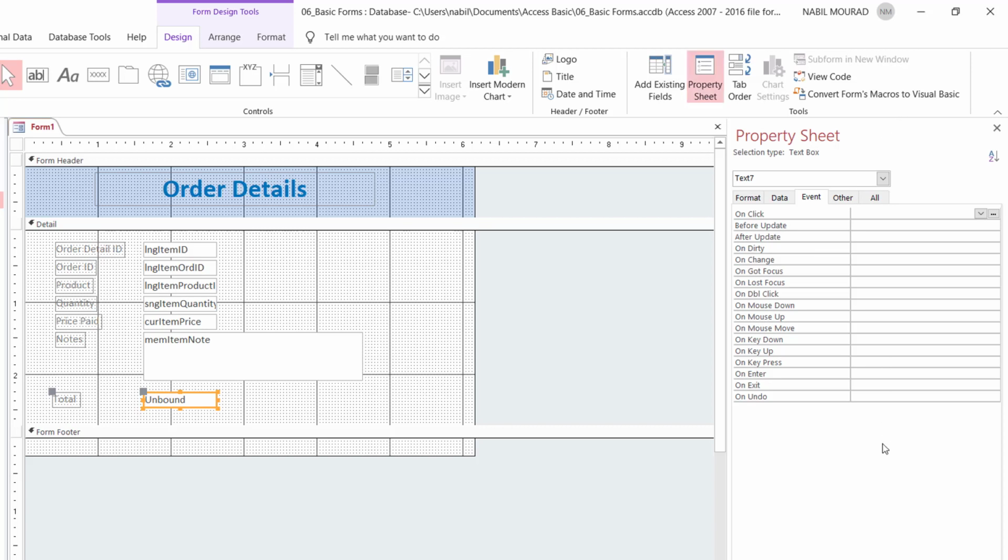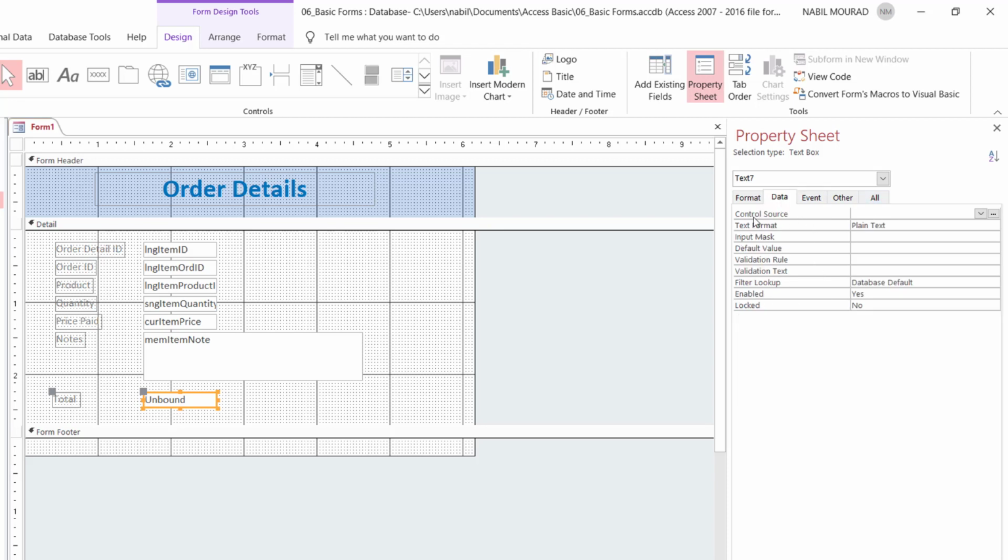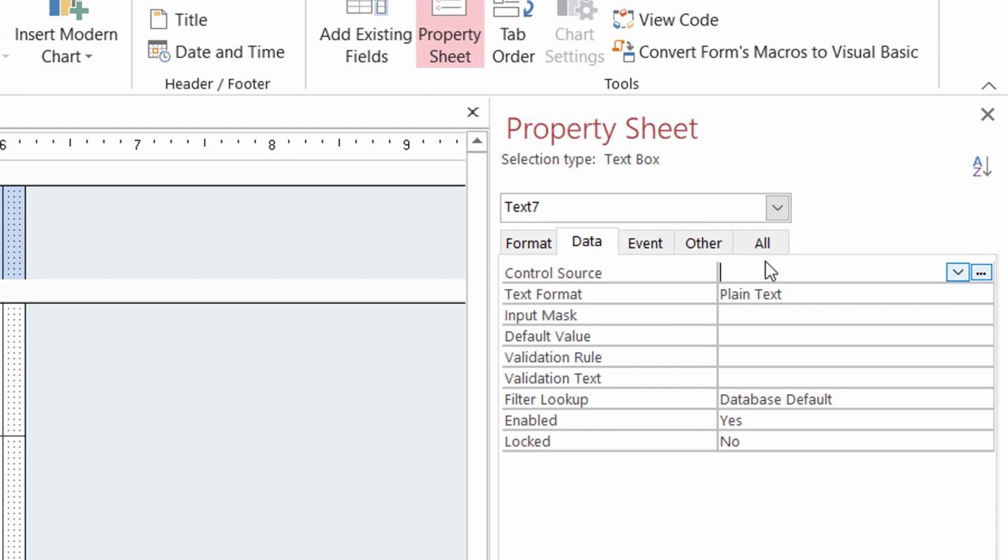The property sheet for this control opens, and in the property sheet I have different tabs. I click on the Data tab. And for the control source box, I'll be creating my calculation. When I create my calculation in the Data tab of the property sheet, I get the help of the IntelliSense list, which looks like what we do in Excel. So if I type an equal sign, and then I type an opening square bracket, and I start typing the